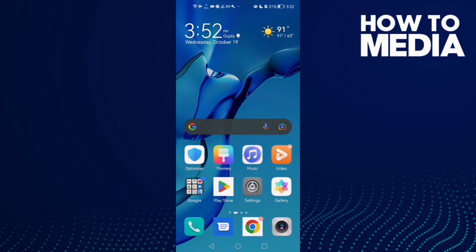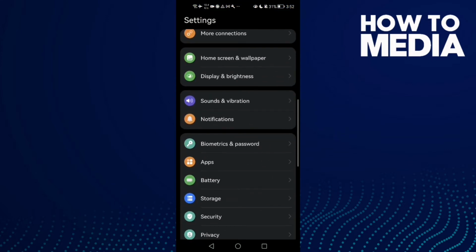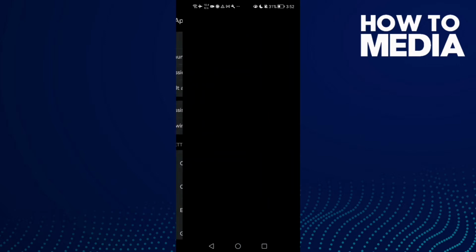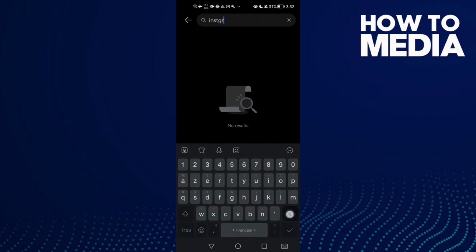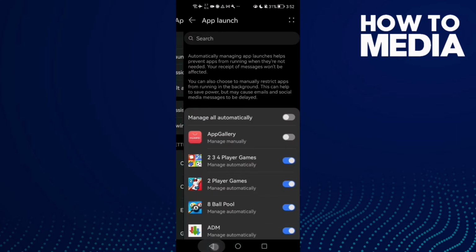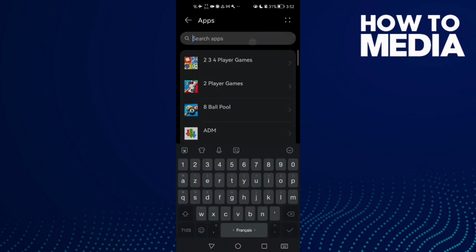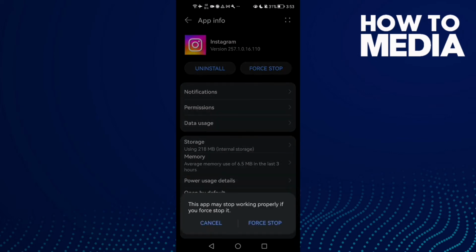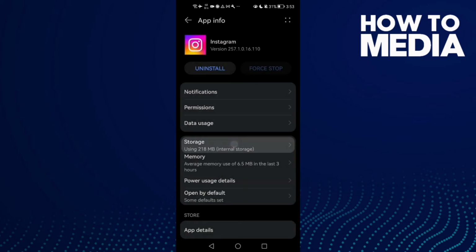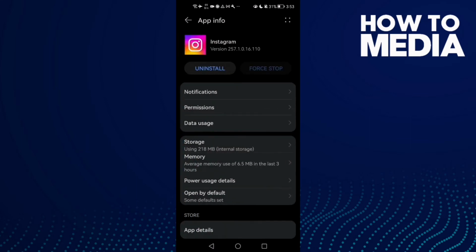First, just open settings and then scroll down until you find apps, and then click apps again. Now just go to Instagram. Go to apps and then type here Instagram. And now just click on it, click force stop and then storage, clear cache, and you just go back to